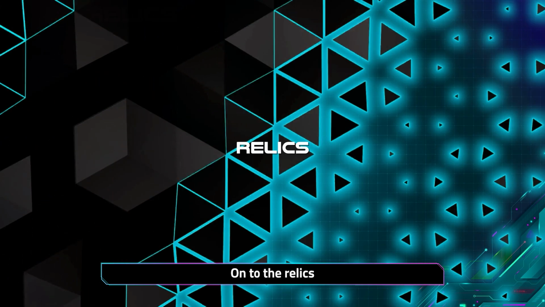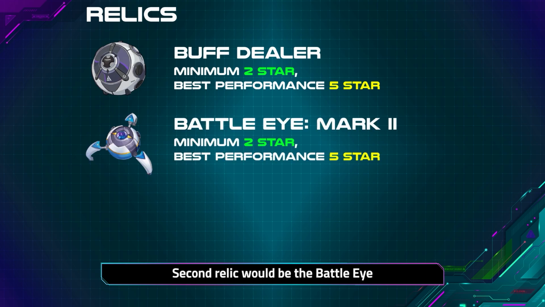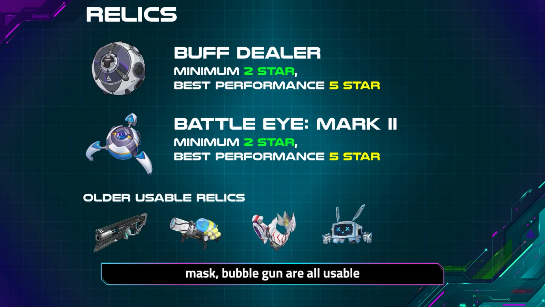On to the relics. For DPS teams, the preferred relic of choice would be the Buff Dealer at minimum 2 stars, best performance being 5 stars. Second relic would be the Battle Eye Mark II at minimum 2 stars, best performance being 5 stars. Other relics such as the Rifle, Mask, Bubble Gun are all usable if you don't have the Mark II or